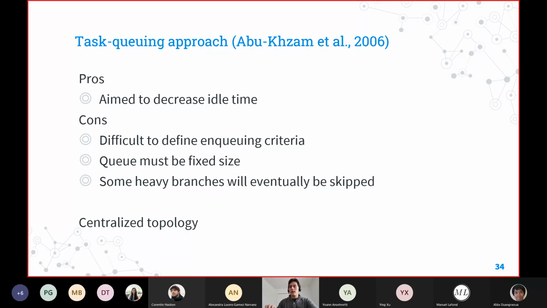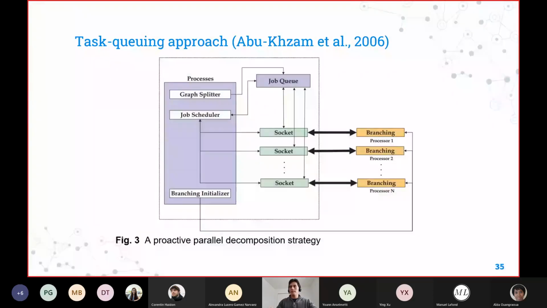And this has a central topology, meaning that all processors must communicate with the center node, or center processor, or manager for tasks. When they finish their work, they sit there waiting, then they have to request a task from a manager, and the manager is just in charge of the communication for distributing the tasks. This is what they did in 2006.